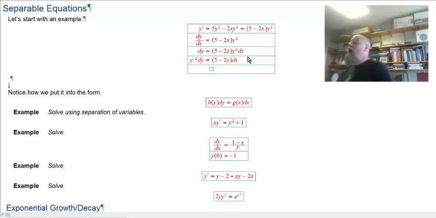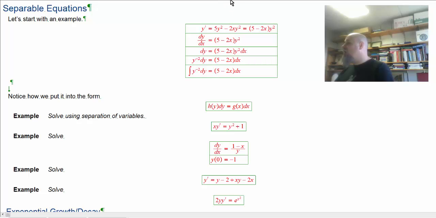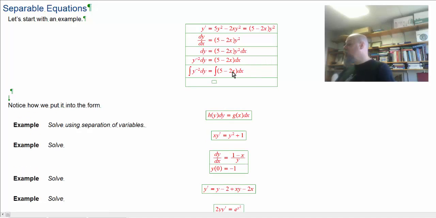Now, I can just integrate both sides. An equation is still an equation if I do the same thing to both sides, and the thing I'm doing to both sides of this equation is integrating. The difference being on the y side I'm integrating with respect to y, it has a dy there, and on the x side I'm integrating with respect to x. So on the y side it's going to be add one to the exponent, divide by what's up top, straight power rule. And on the x side I'm integrating with respect to x,